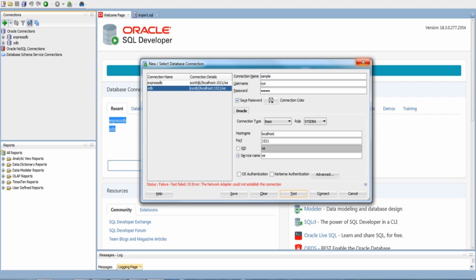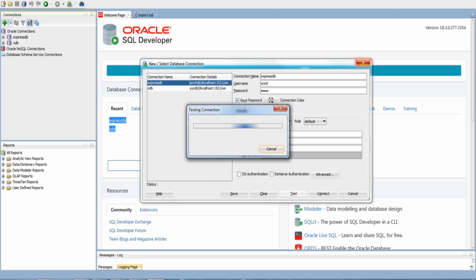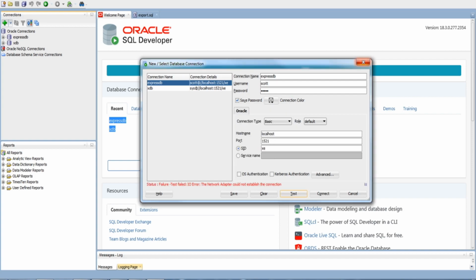So we are unable to connect to your service XE database. Let's see the existing database. Try to connect. Network adapter could not establish the connection. Input output error.